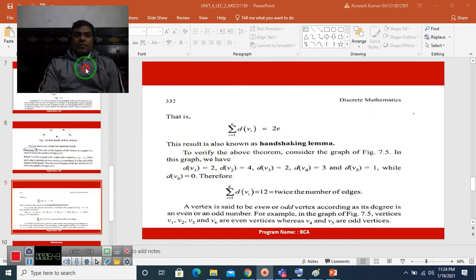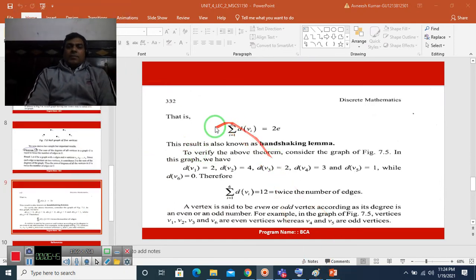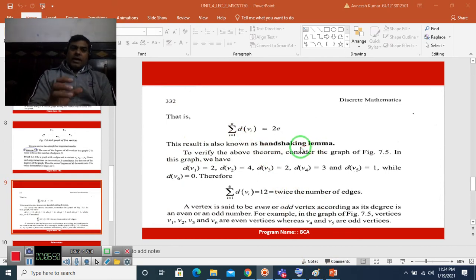And we have a lemma, the handshaking lemma. Actually, if we shake hands, two hands come together in a single shake. So 2 hands, 1 chance; 4 hands, 2 chances; 6 hands, 3 chances; 8 hands, 4 chances. Twice. So if the graph has E edges, the total number of handshakes